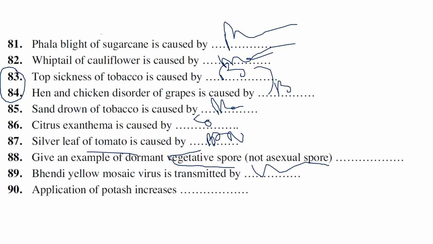Application of potassium increases 2D. Generally, the application of potassium in plants is considered 2D. So 2D means D for disease resistance, again D for drought resistance. So drought resistance and disease resistance. Okay,